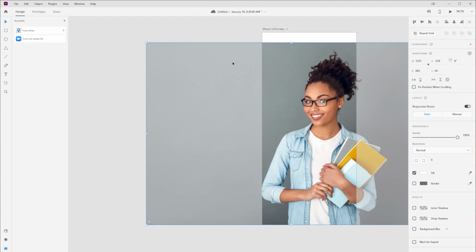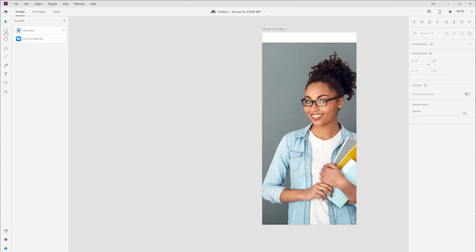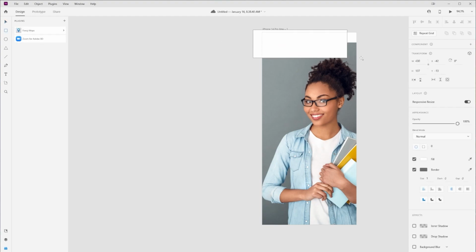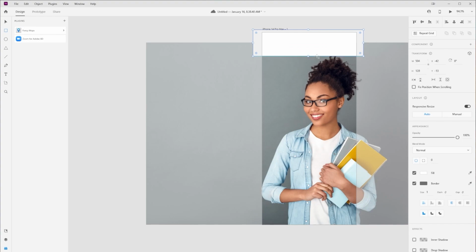And this doesn't fill up the entire space, but that's okay. I'm going to put a little navigation bar up here at the top and leave that as it is for now. So the next thing that I want to do is come over here to my shape tool. I'm going to go to rectangle, and I'm just going to draw a rectangle navigation bar. It doesn't matter, both with this photo and our navigation bar, if it goes over the edges, it's not going to show that.